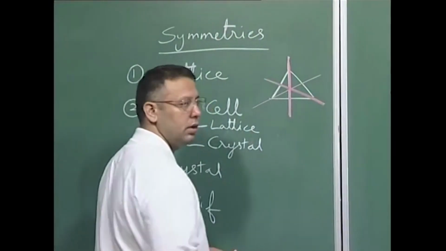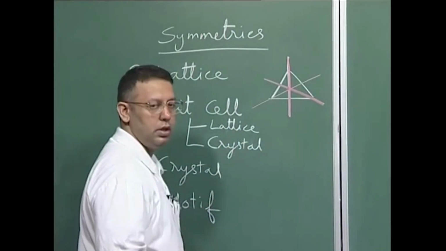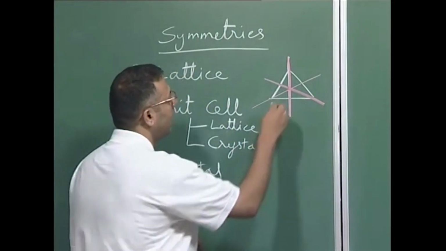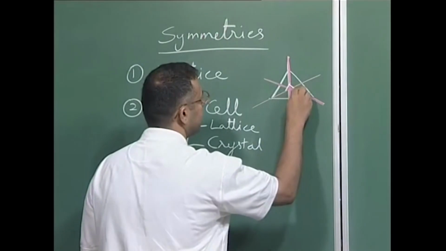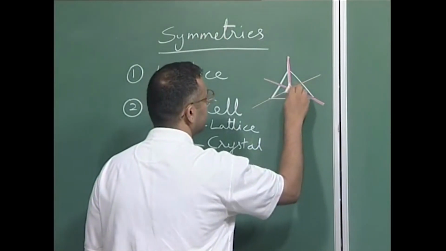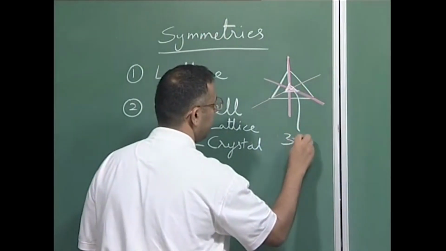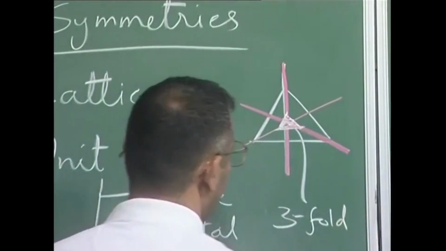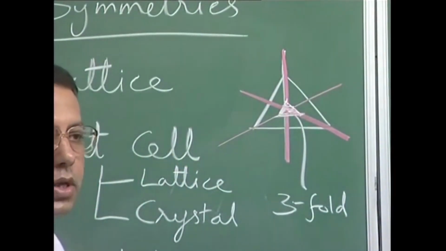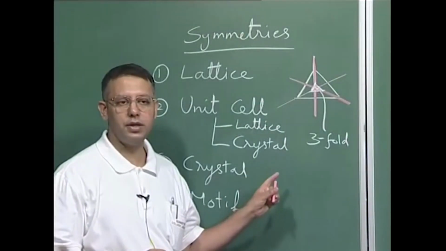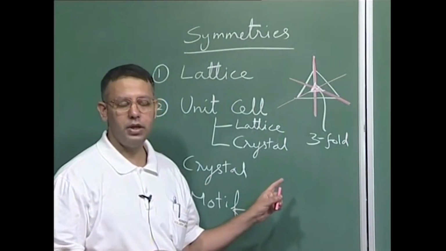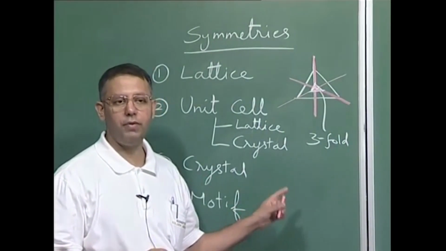So, you can see that there are mirror planes in the triangle. Additionally, you have of course a 3-fold axis in the center, which I can also highlight like this. So, this is my 3-fold axis, but this 3-fold axis is not compatible with the lattice. The lattice has no 3-fold axis, therefore, this 3-fold axis does not survive when I try to put it on